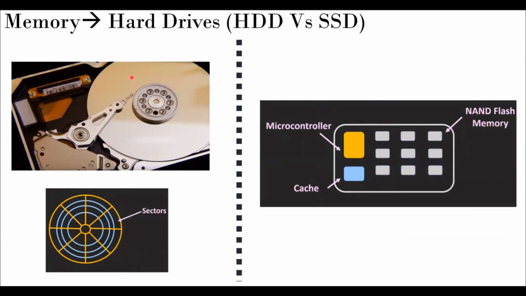There is a motor here and a spinning wheel, and wherever this is pointing, that sector is being read. The data is being read. That is why this is slow. This is mechanical, so it takes some time for this to move from here to here. Wherever it is, that sector data will be read. So we have to change it, and that takes a lot of time,